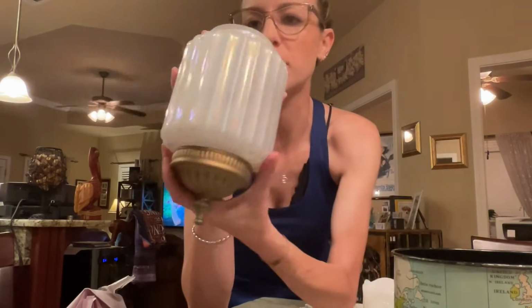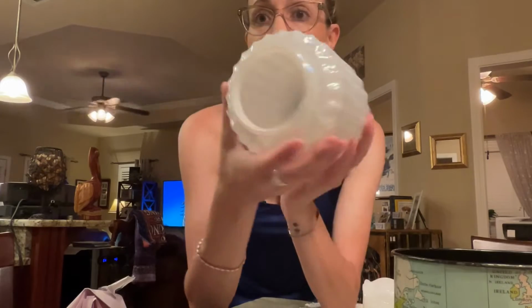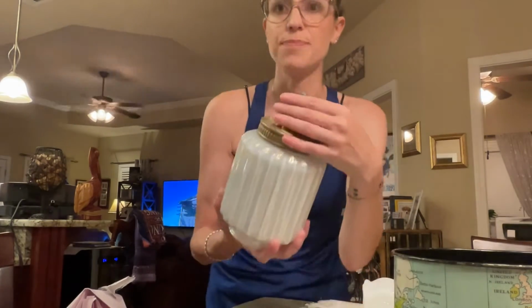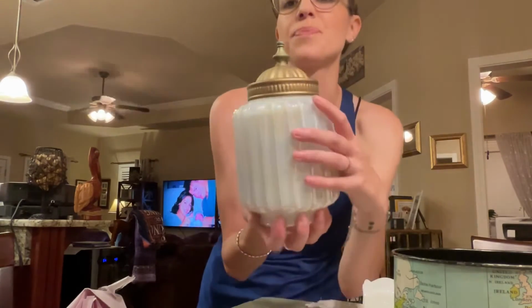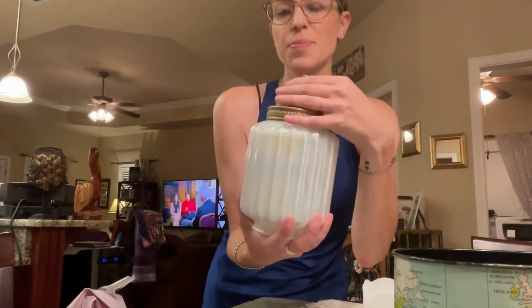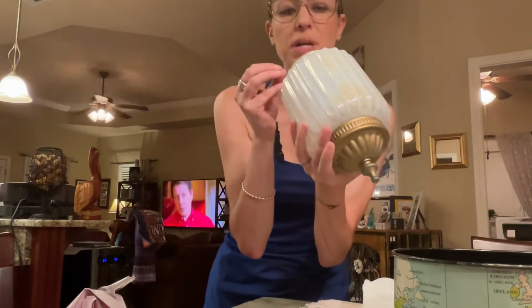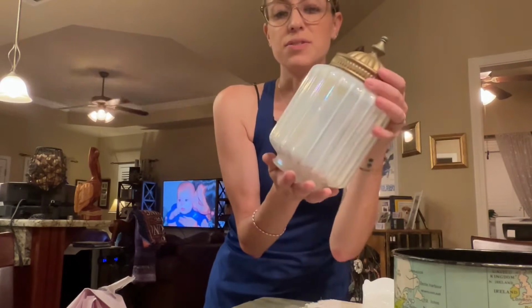I'm hesitant to say that it's carnival glass, but it does have iridescence to it, and so that's why I liked it. But yeah, so this is actually a glass lampshade, which I'm assuming would have gone over the lights on the house underneath, and you'd set this on it. And so this top will screw off. But when I saw it, I thought, I bet you can put a bottom on it, and you could turn it into a jar. Something you could probably do is get a lamp base, and you could turn it back into a new lamp,